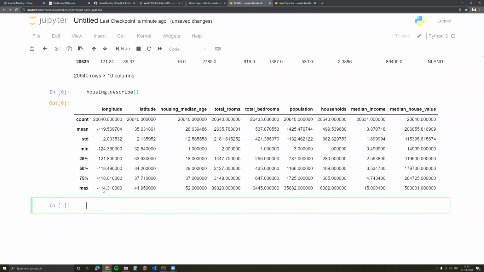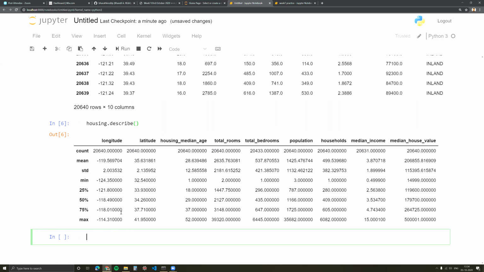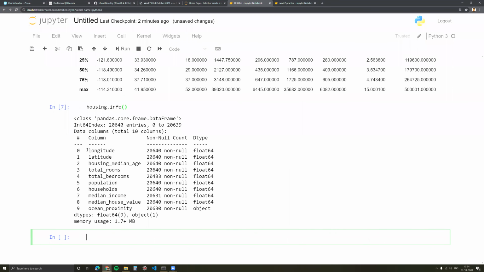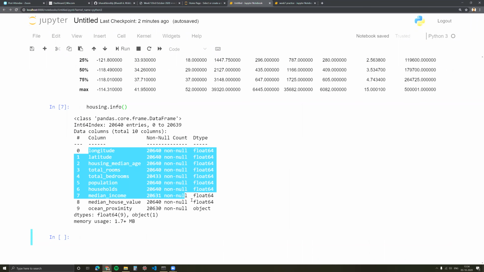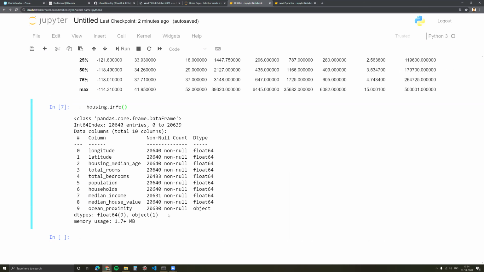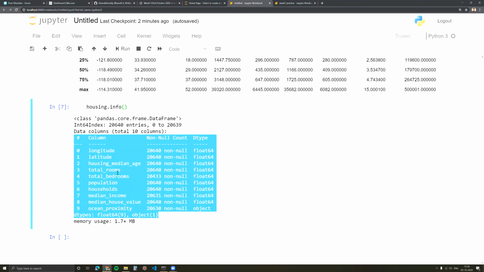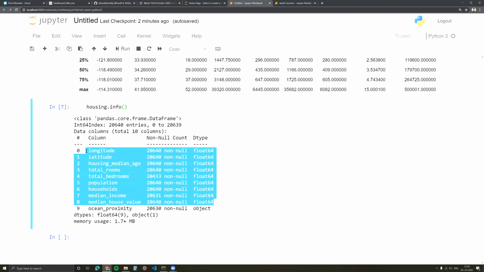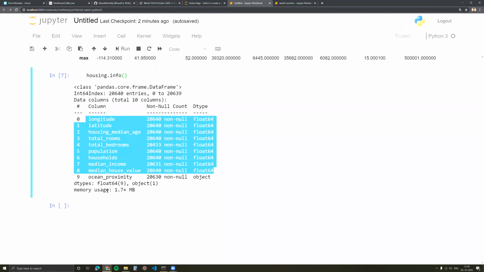So first, usually describe to see the numerical columns, because dot describe would not describe anything that is categorical in nature. If I do housing.info, it will give me the type of columns and the kind of elements in each column. So here I see there are 10 columns with 1 being object and the rest all float.